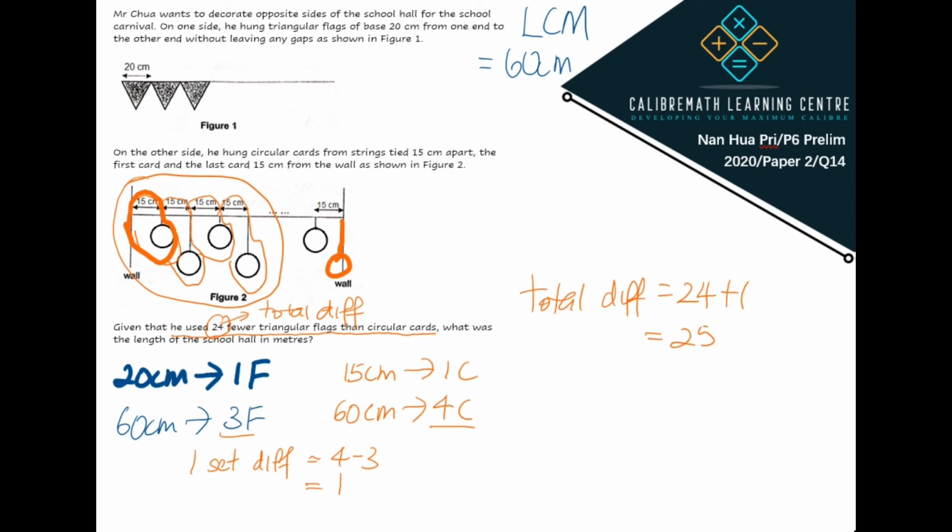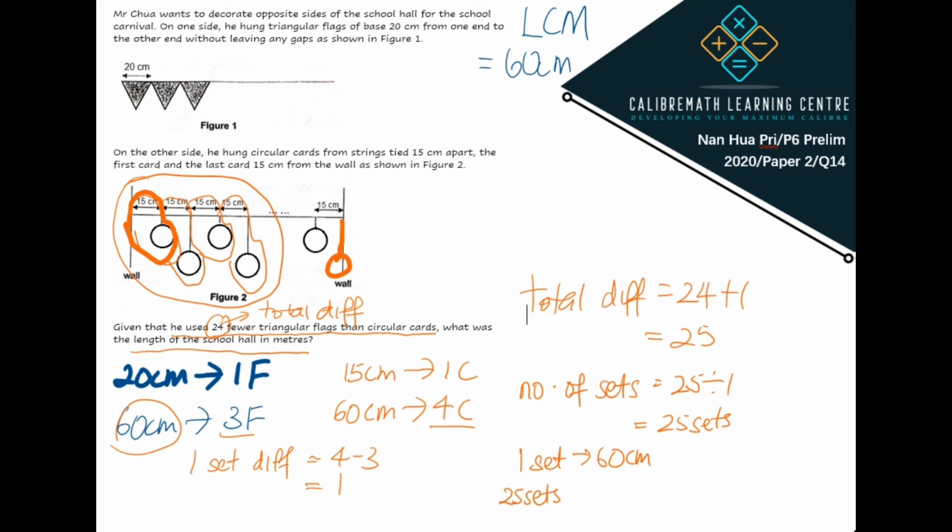25. Now once we have the total difference, we can proceed to find the number of sets by using 25 to divide by our each set difference, which is 1, and that gives us 25 sets. Now, the question is asking for the length of the school hall in meters, and we know that for one set there are 60 cm, so we'll write down one set 60 cm. And since there are 25 sets, we will use 60 cm to multiply by 25,